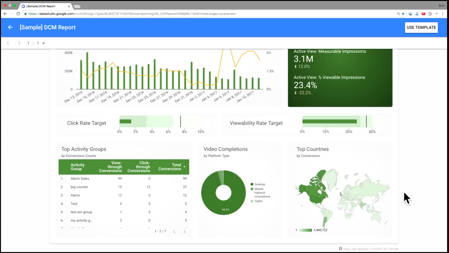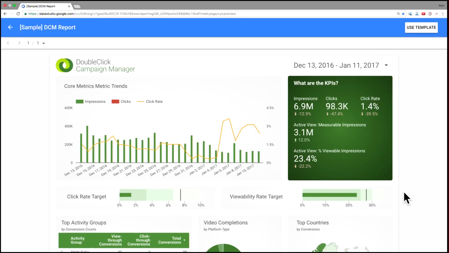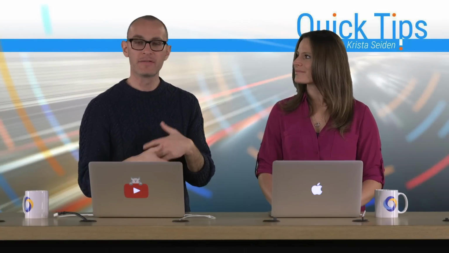If we wanted to, as report creators, we could also change this to be zoomed in on just the US or just a certain continent or region. So this is the kind of report that you could create in Data Studio with your DCM data. Of course, if you wanted to, again, you could create a brand new canvas, generate all the tables and visualizations that you care about that are relevant to your campaign or your client, and add a lot of beautiful visual elements that help you tell a great story.